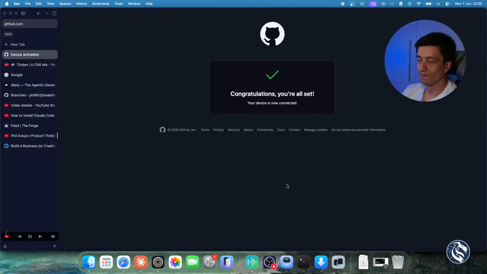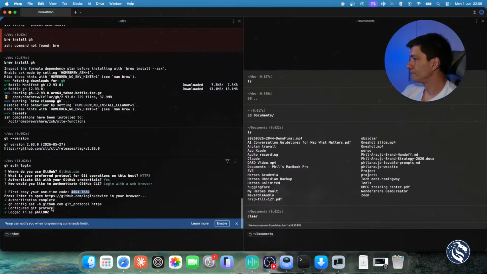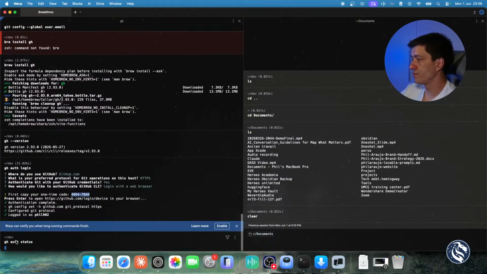Congratulations, you're all set. We go back to Warp. GitHub is configured, and you can see that I'm logging in with my username. When you choose a username, remember that the username is public. Now, if we want to validate our status, even if it's written there, you always type